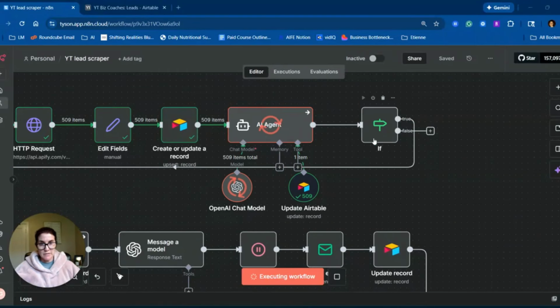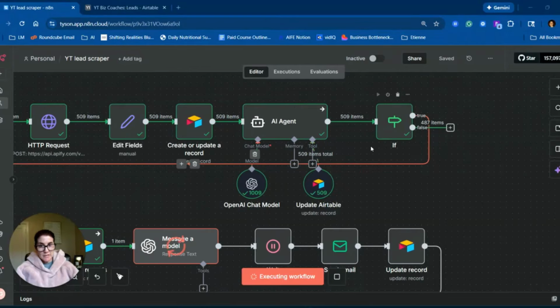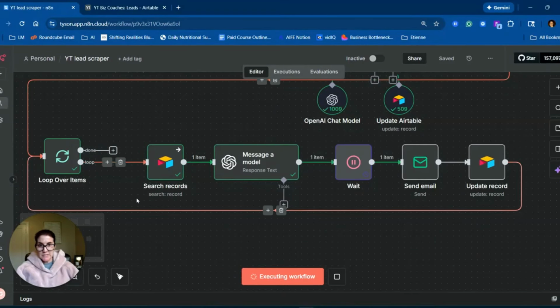Then it's going to run through this if node. Okay, so now it has run through the if node. So we are looking at 487 items. Now it's entering the second part of this workflow, which is looping through each item, looking it up in Airtable,